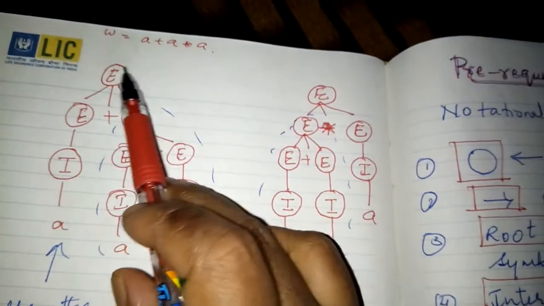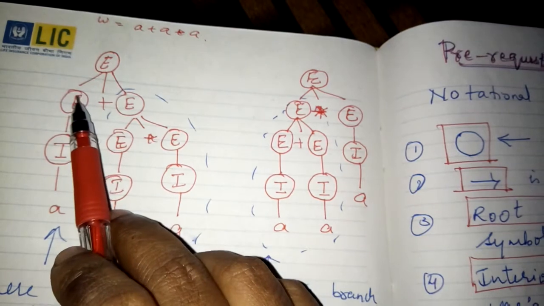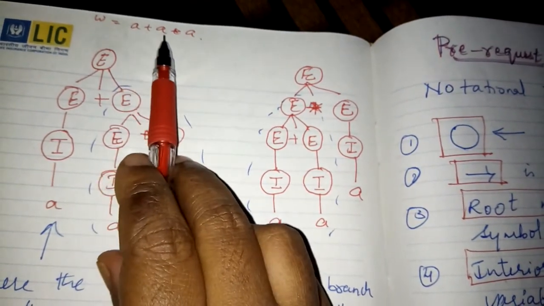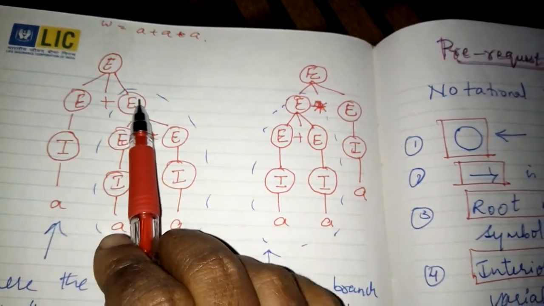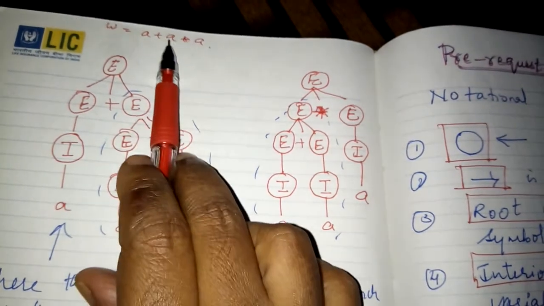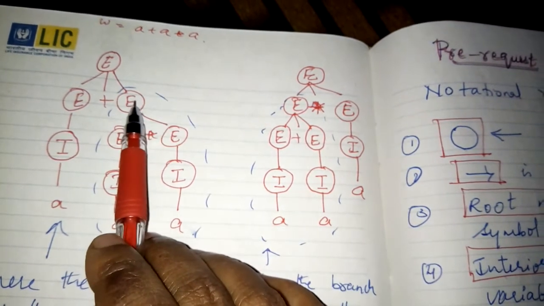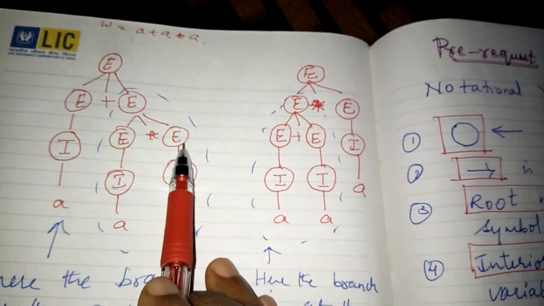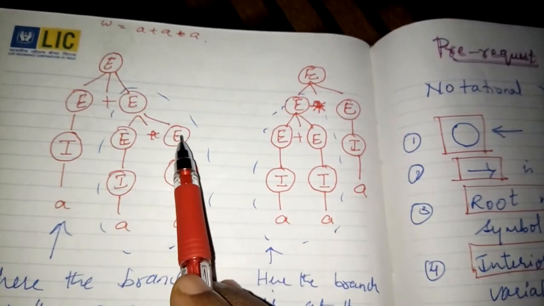So now you can see here for the yield, we can have expression derive the sum of two expressions, a plus a. Then we go with the right hand side. This is rightmost parse tree. So then this E, here you say a * a to get the yield a * a. We refer to the grammar E * E. Then we'll consider this because it is rightmost parse tree.